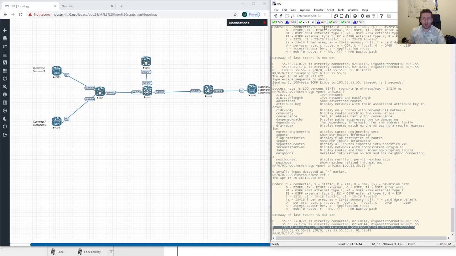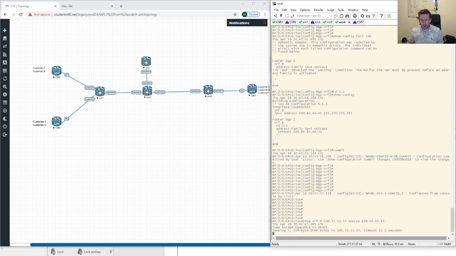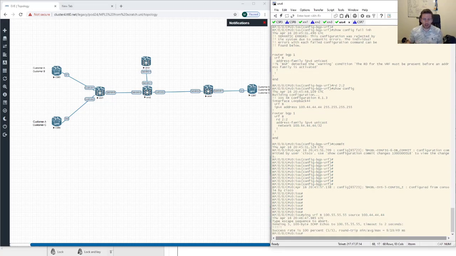receiving that. The reason that I couldn't ping before, I think, if I try it now, ping VRFB 100.55.55.55 source 100.44.44.44, you can see I can now ping. And if I do a trace route VRFB 100.55.55.55 source